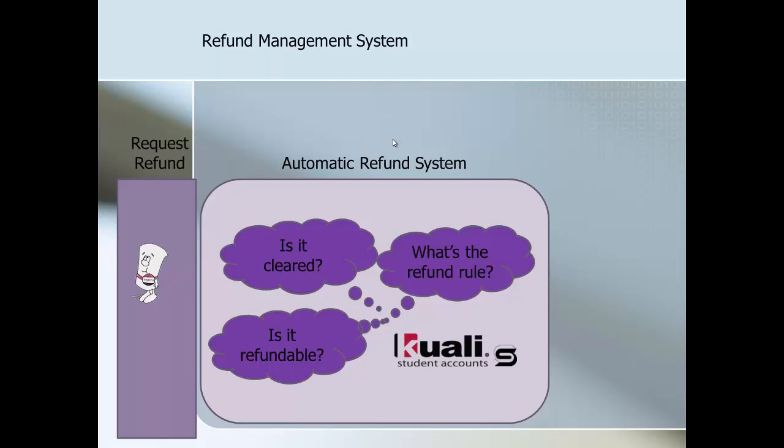You can set clearing dates on your payments. You may have longer clearing periods for checks than you do for credit cards. Obviously, very short period, zero clearing period for cash. You can set payment types to be refundable or not refundable. And if they are refundable, you can attach a refund rule to them that lets you handle situations such as